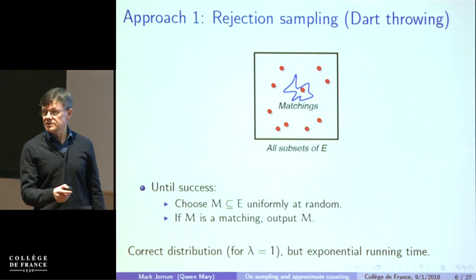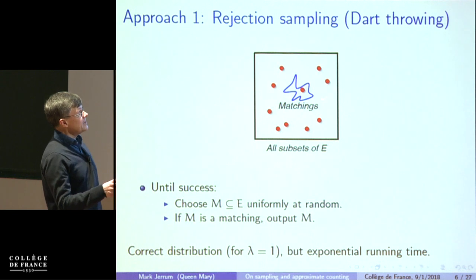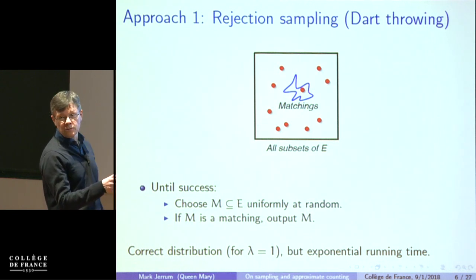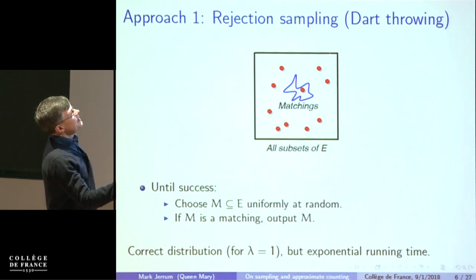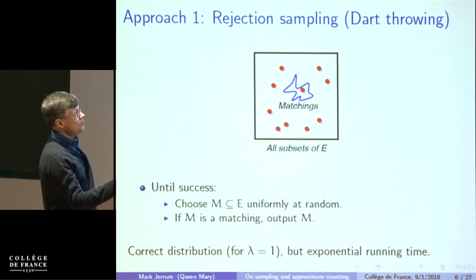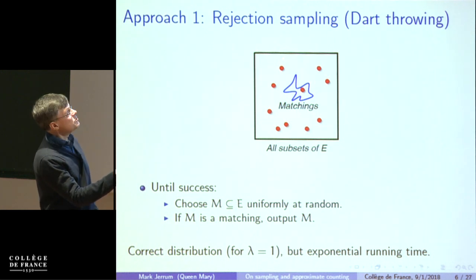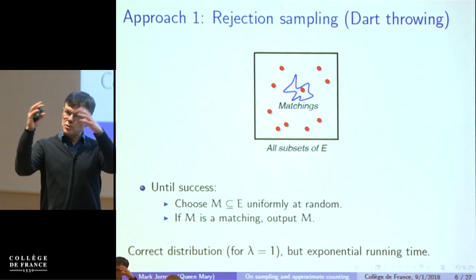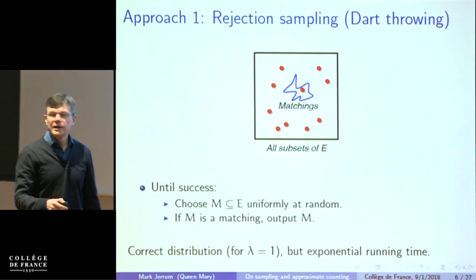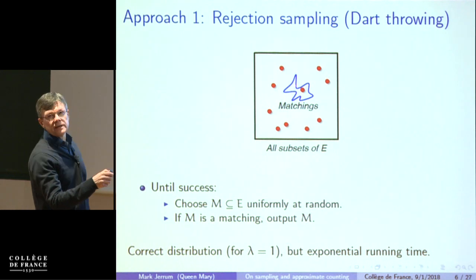So it's a correct algorithm in the sense that when it eventually halts, it will halt with a uniform random matching. You can imagine, right, if you make uniform throws into that square, then if you reject the guys outside, then what's left inside will be a uniform selection from within this set. Because the set of matchings is a much more complicated combinatorial affair, I've drawn it sort of wiggly.